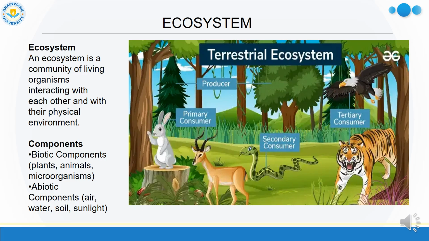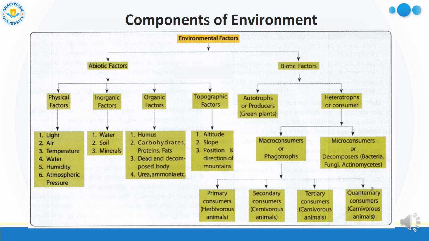Now, what is abiotic component? Abiotic components mean different non-living things like air, water, soil, sunlight. Now, components of environment. Component of environment means there are different types of components, biotic components and abiotic components, and you can see in this table biotic factors or biotic components are categorized in two major parts,